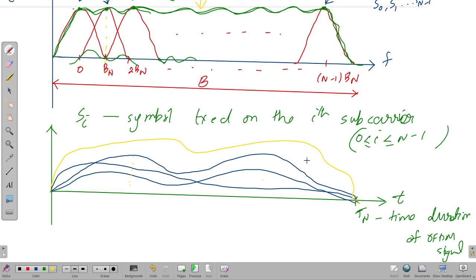Let's say this is the resulting shape. Yeah, this is the resulting shape. At some points, the signal may have constructive interference, where the subcarriers have the same phase and add with each other. At some points in time, the subcarriers may have destructive interference, where the subcarriers subtract one from the other,